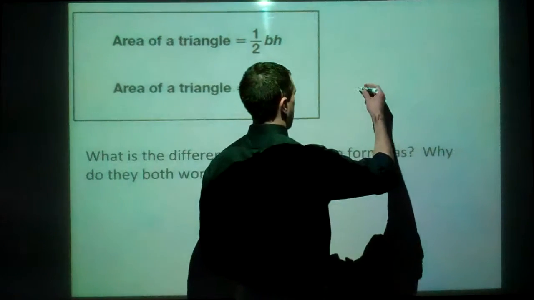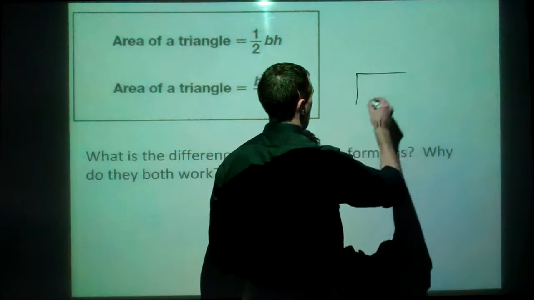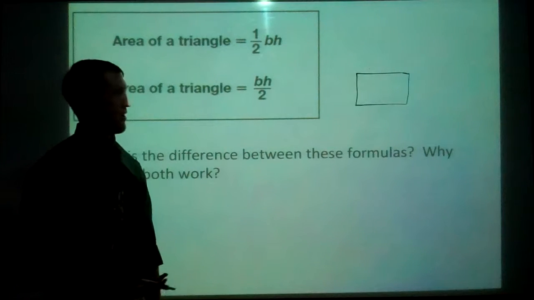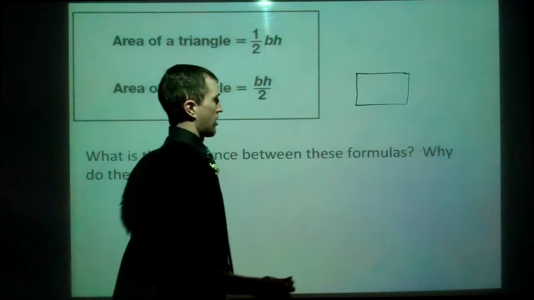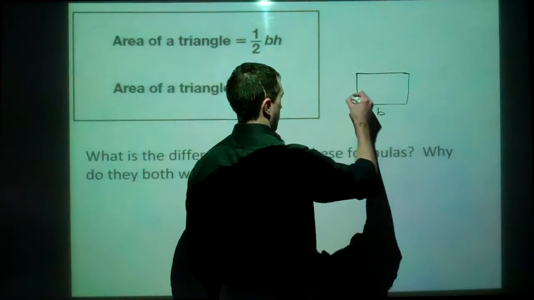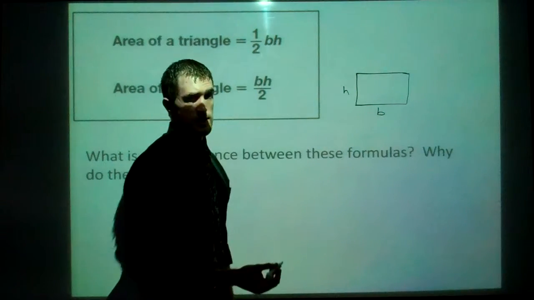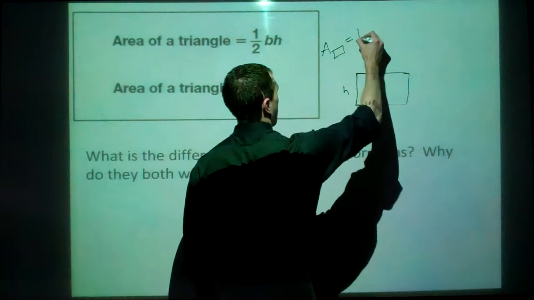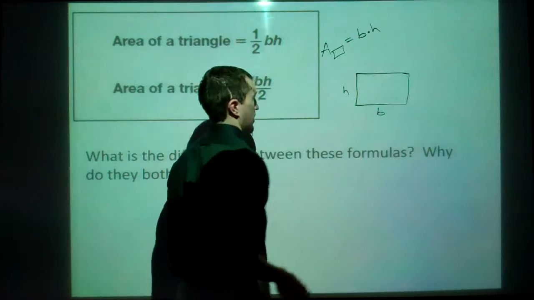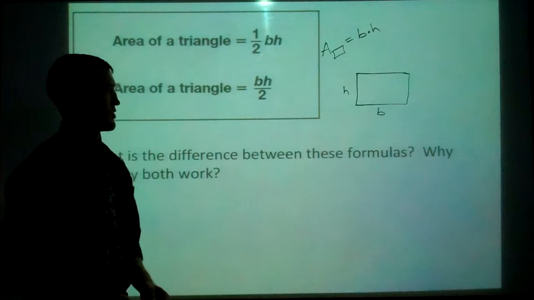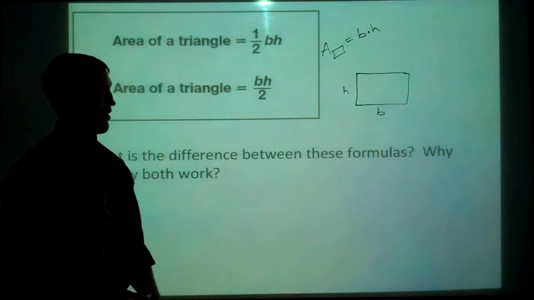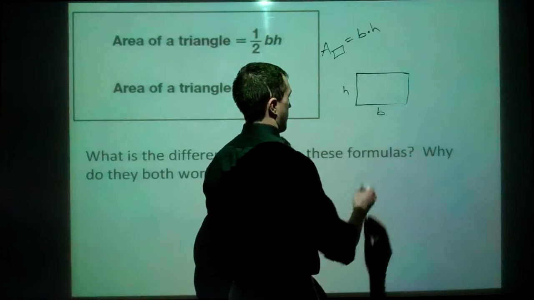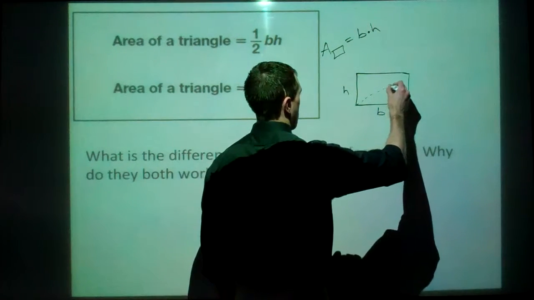We know that for a rectangle, area equals length times width in a rectangle. Well, what if I call this base and this height? Then area of a rectangle would be base times height. Okay, so area of a rectangle there, if I call that side base and that side height, we get base times height. Well, if I do this,